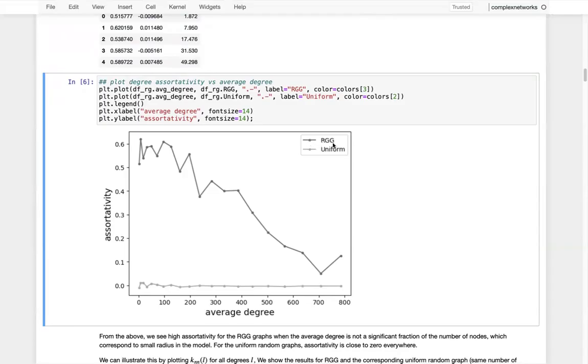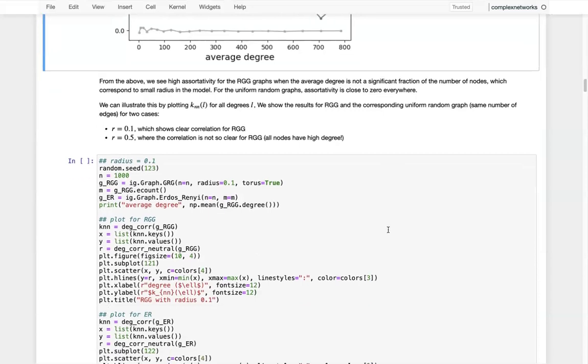And you can imagine that this would be the case because if you remember the plot that we had of a random geometric graph in an earlier chapter, you have some clumps, some areas of the torus where a lot of nodes tend to cluster. So you will have lots of high degree nodes connecting to high degree nodes, for example, creating positive assortativity. As the average degree gets higher and higher, well, every node will have essentially the same or very similar degree. So now the assortativity is going to be more like a neutral graph,